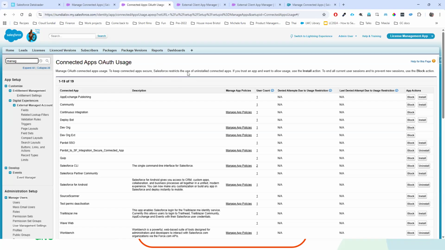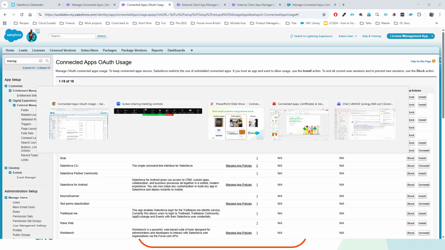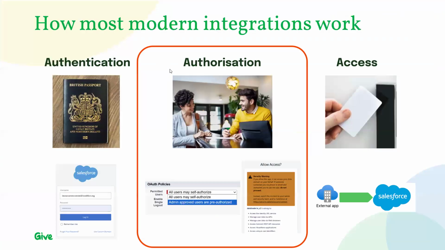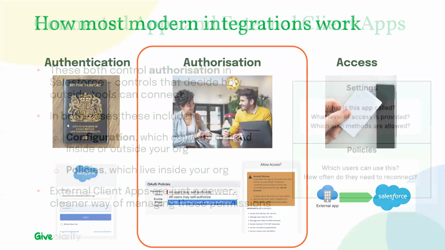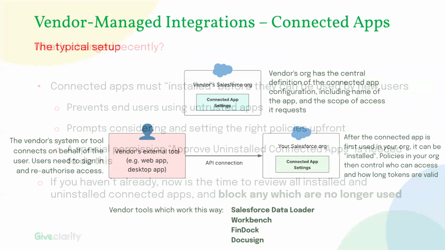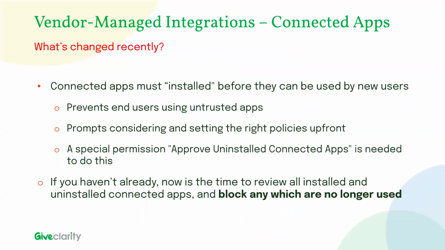There's quite a lot of questions in the chat, and I don't, to be honest, think we're going to get to them all, everybody, just because Lawrence will eventually have to go. But one of the things that I will ask, I think this is a good question, is for any new integrations, is it best practice to create an external client app? If so, is there a document to provide to suppliers if they've not worked with connected apps before?